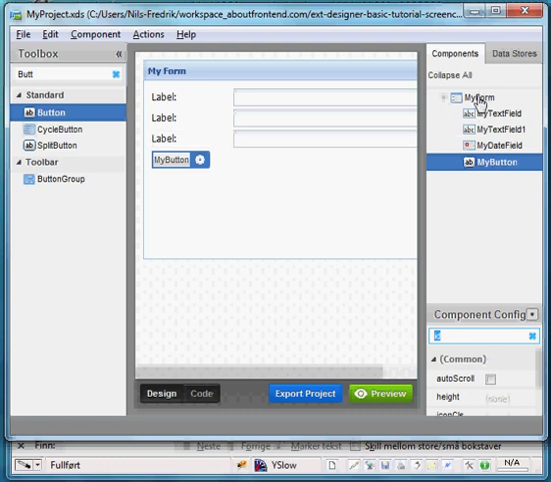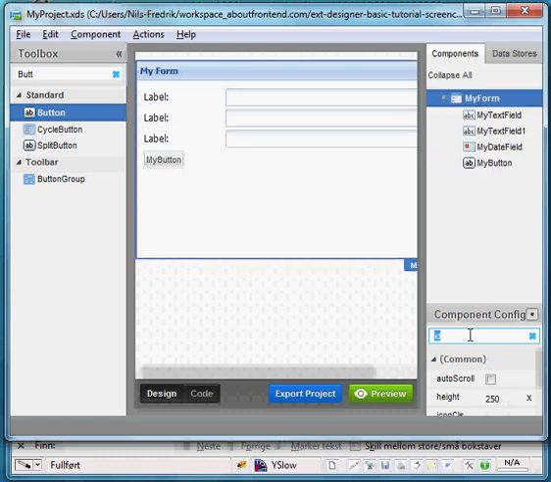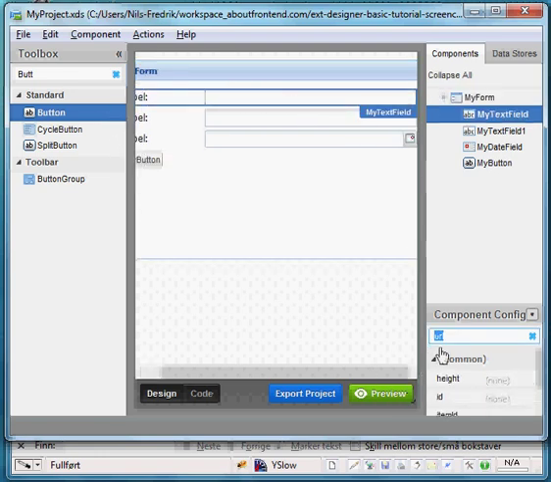Next we'll configure our elements. We'll set the ID of the form panel to my form panel. We'll set a URL in the form panel. We'll use form handler.php, which is the script that will actually handle the request. Next we'll set the name of our